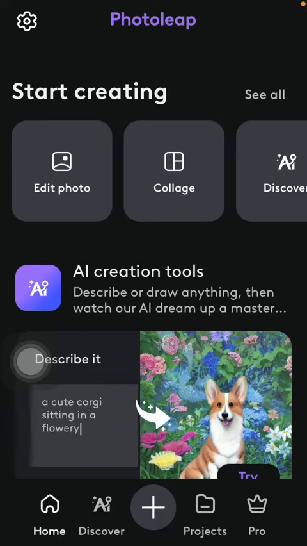Hello guys, in this video I am going to show you how to create a collage on the Photoleap application,